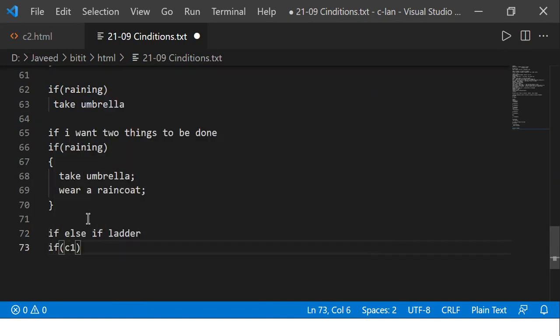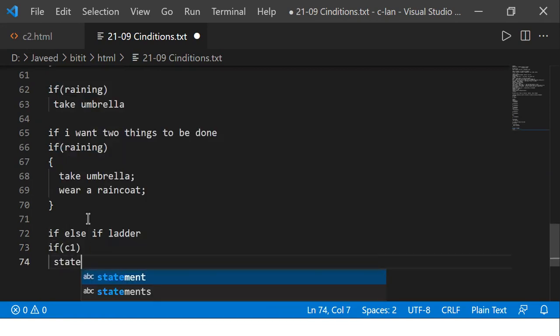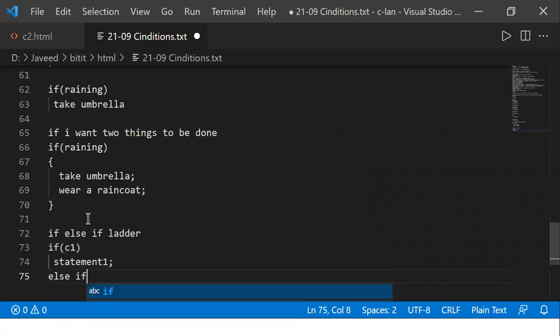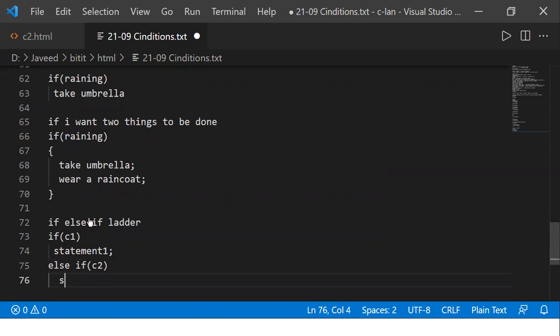I'll just write the shortcut C1. So if condition 1, some statement, I call it statement 1. Now else if condition 2, if some other condition, then we have some other statement, statement 2.